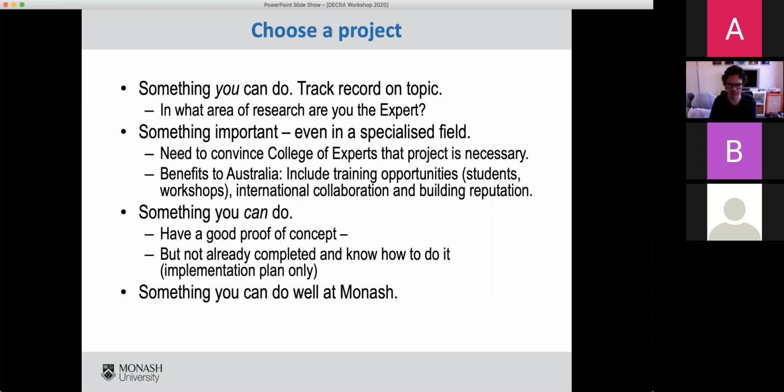As we've said, there are many good reasons why people might be constrained in their ability to move, but if there is somewhere better to do this research and that place is Deakin Burwood, which is just up the road, the question might reasonably be asked, why are you doing it at Monash? So you want to be able to think about that part of that question being, why Monash? Why is this the place for this research to make the biggest contribution? And don't expect the assessors or college members to know why that is. You're going to need to tell them.